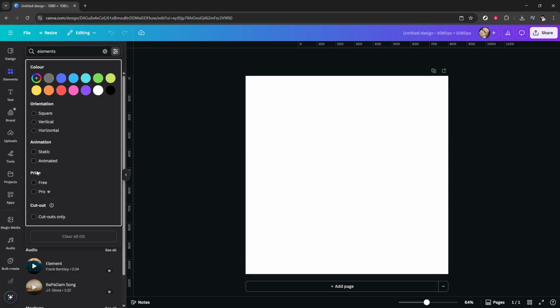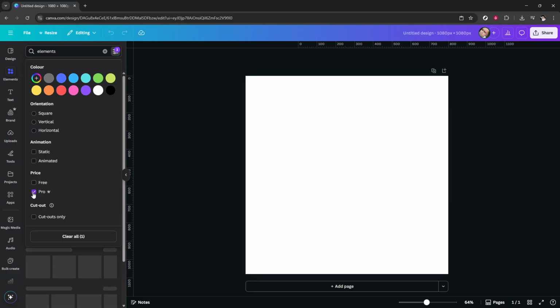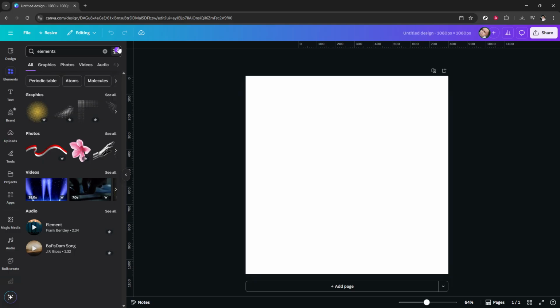Within the drop-down menu, hover down to find the price section. This is a crucial step for locating those high-quality premium elements. Click on the Pro option. This will filter the results to show only Pro or premium elements. If you have a Canva Pro account, this is where your premium status comes into play. You'll notice that premium elements are marked with a small crown icon, signifying that they are part of the Pro